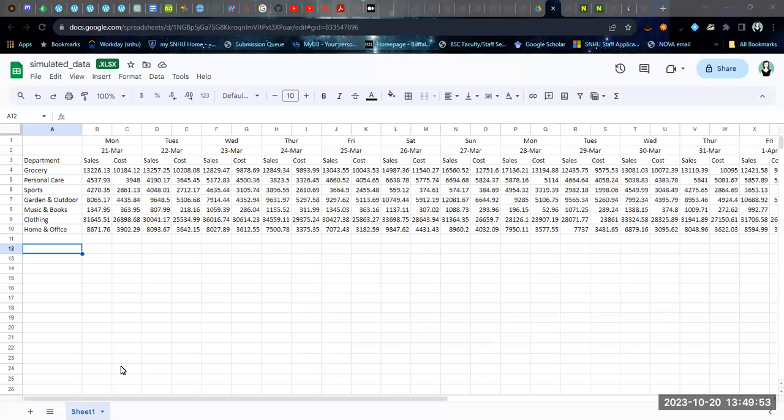So in this video, we're going to talk about how to format your data and make the data easier to read. This is a lot of dense numbers, and we want to make it a little easier to read and therefore a little easier to process. And so we're going to do two things primarily with this data. We're going to change some of the coloring, and we're also going to format the numbers so that they appear